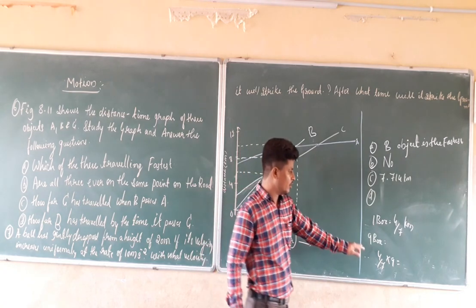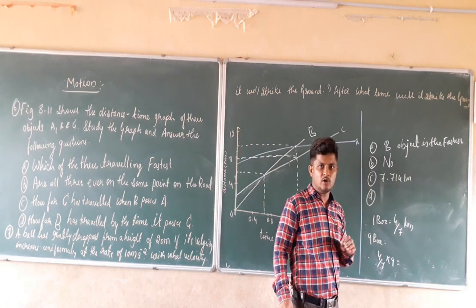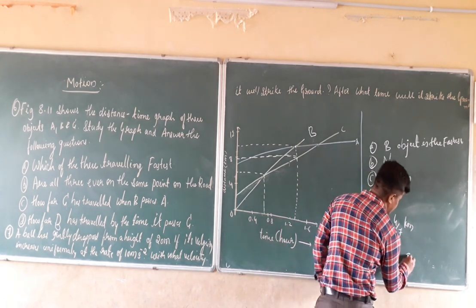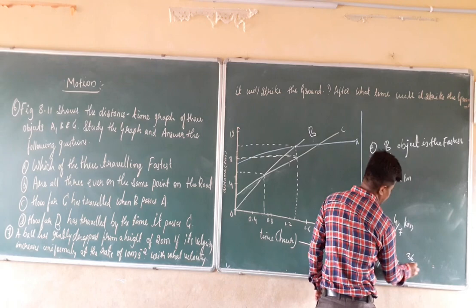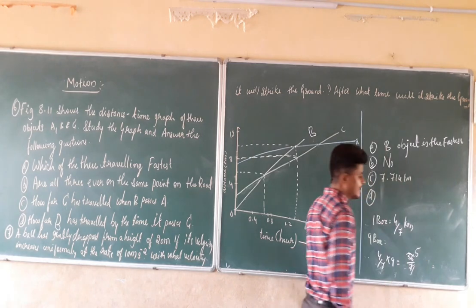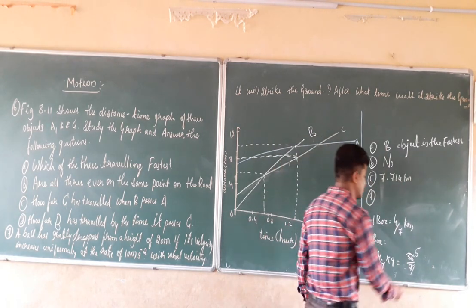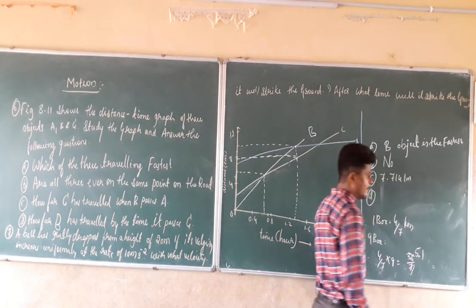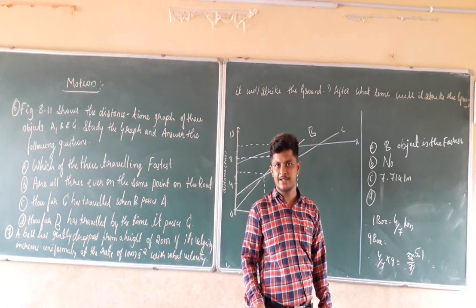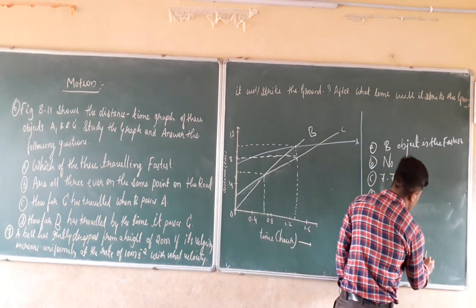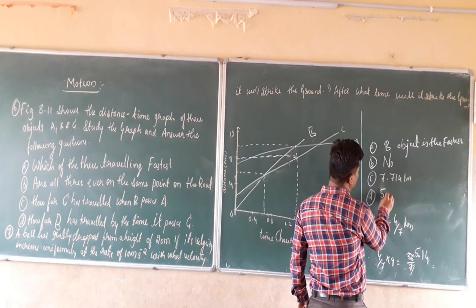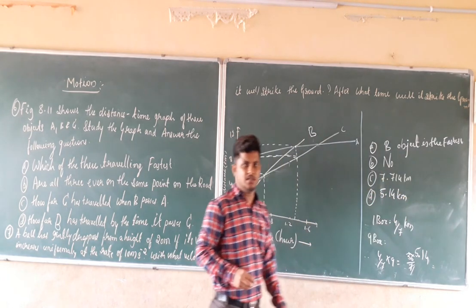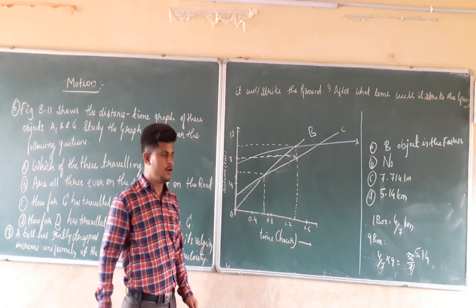One box is equal to 4 by 7. The value for the 9 boxes will be 4 by 7 into 9. So 4 9s are 36 divided by 7. 7 5s are 35. Remainder 1, it will become 10. 7 1s are 7. Remainder remains 3, that becomes 30. 7 4s are 28. So the answer for the last question is 5.14 kilometers.